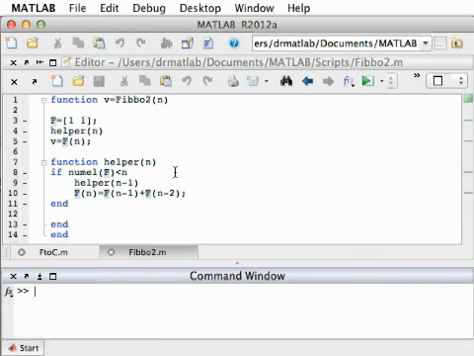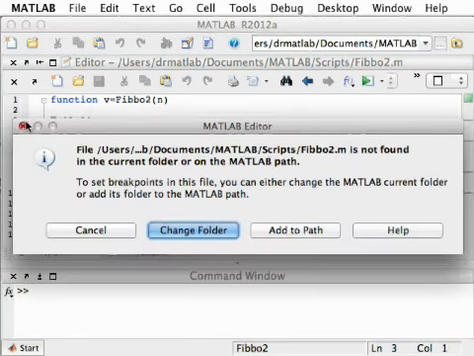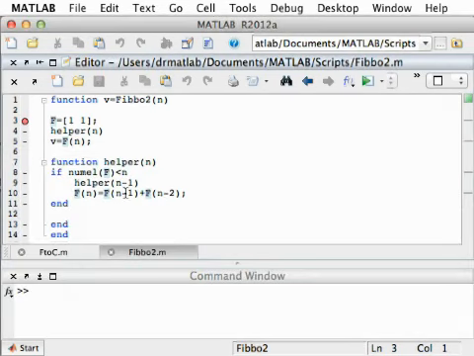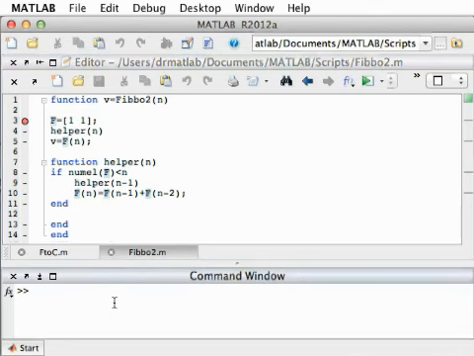The first thing you want to do when you debug is set a breakpoint at an interesting line. We'll set it at the very first interesting line of the function. Since FIBO2 is not in the current folder nor in the path, MATLAB pops up this dialog box and asks us whether we should add it to the path or simply change folder. We're going to change folder. So now that we've changed folder, MATLAB was willing to put a breakpoint,